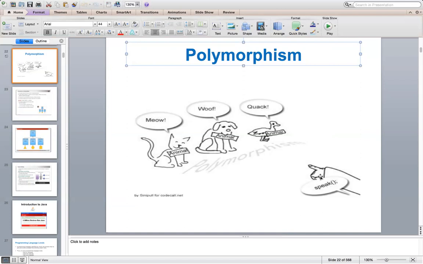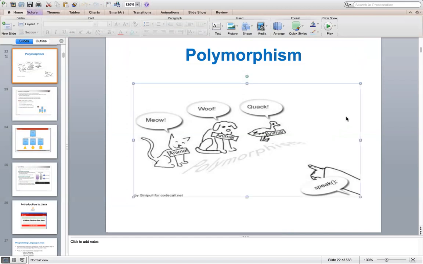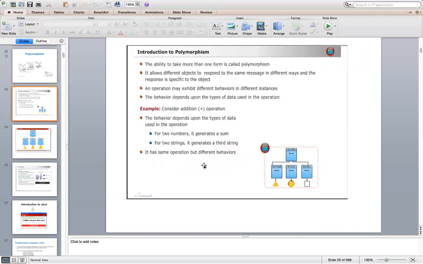When it is called on duck, it speaks differently. When the speak method is called on a man or a woman, she or he speaks differently. That means the ability to take many forms. The same speak method has different forms when it is invoked through different kinds of objects. That is polymorphism. The ability to take more than one form is polymorphism.